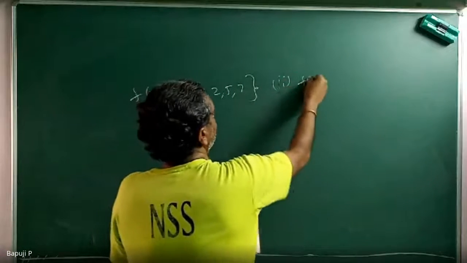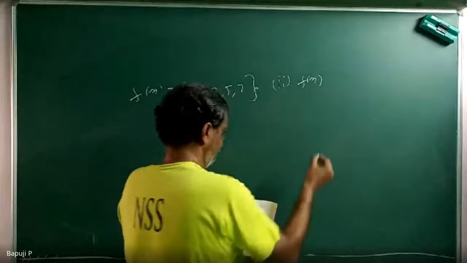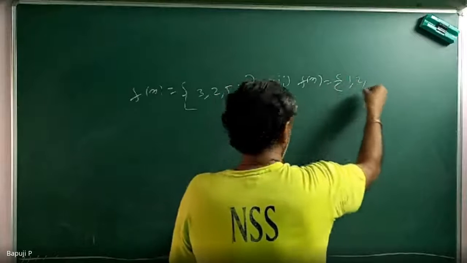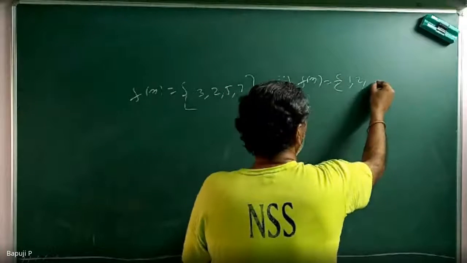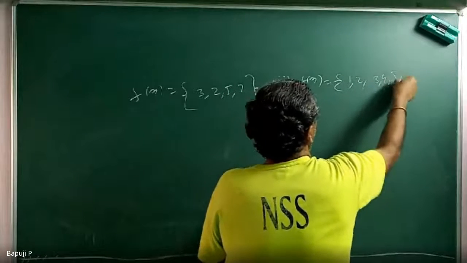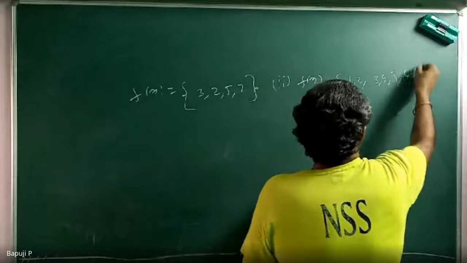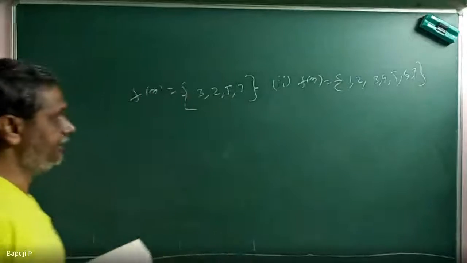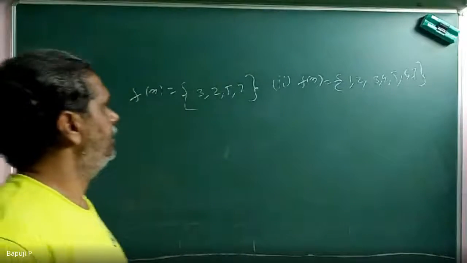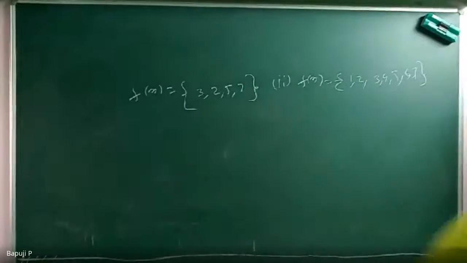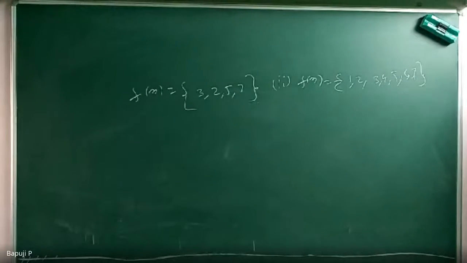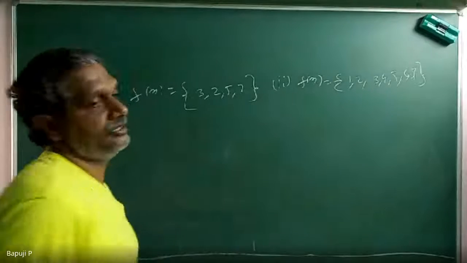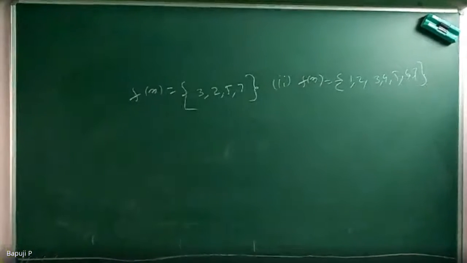Second problem, f of n is equal to the sequence 1, 2, 3, 4, 5, 6, 7. Now you can see f of n values are defined actually as 3, 2, 5, 7. Remaining, always actually it will go n is equal to 0 to infinity. So it stops somewhere, means what is the meaning? I have only 4 values. Remaining everywhere it's 0. Discrete sequence is given.